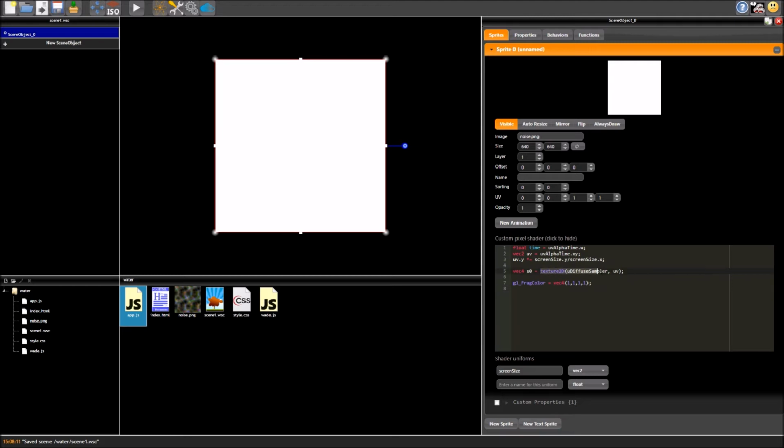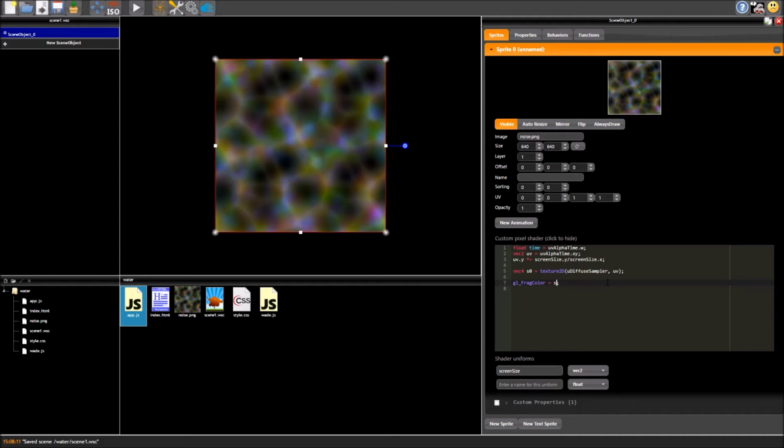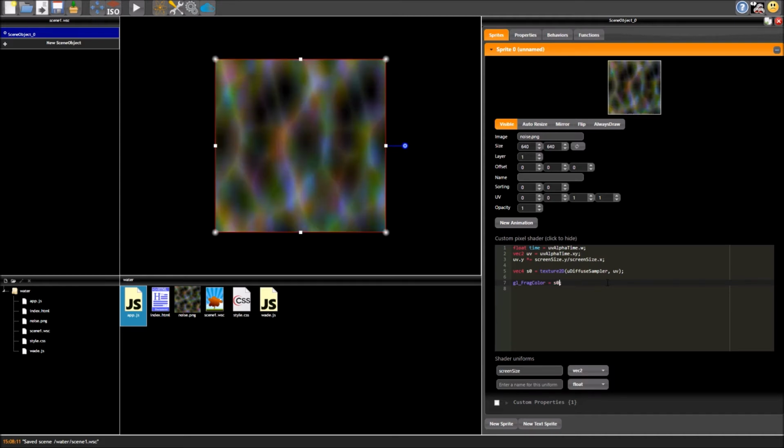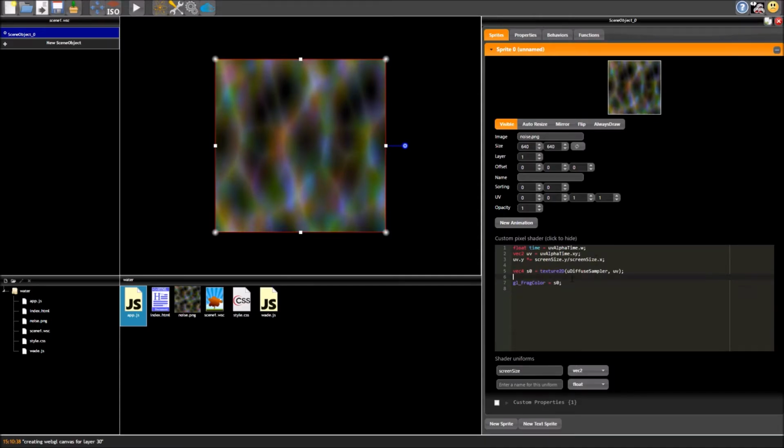Now, just to prove that this is sampling from the texture, this is a color, so this vec4 is no different than this one, apart from it is the color value at that point in the texture. So I can just do S0, oops, sorry, there we go, S0, and we see it is rendering our texture correctly. So we're just going to run that, make sure everything looks right. That looks right to me.